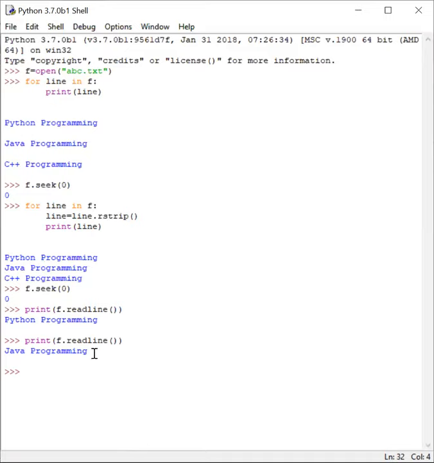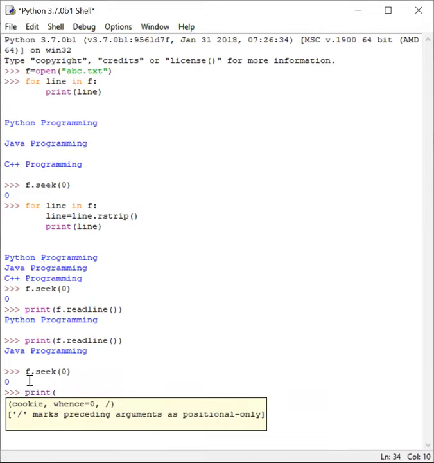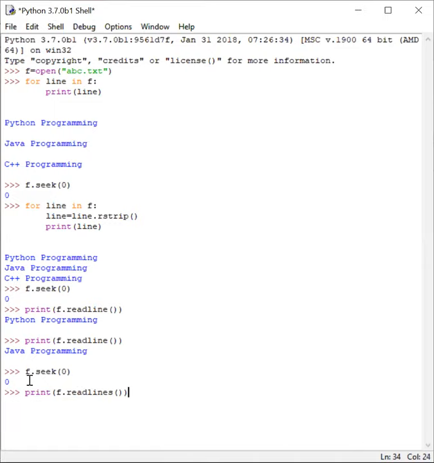Now you don't want to read a single line, you want to print all the lines. So how do I do it? There's another function called readlines. So in the beginning, I will move the pointer, and then just like I have used f dot readline, I use another function called readlines. What readlines does is, it will read all the lines and separate them and put the content as a collection. If you see, it has read all the lines and it has made a collection of it, which is called a list. It's similar to an array of all the contents of the file. So these are the different ways of reading the contents of the file.